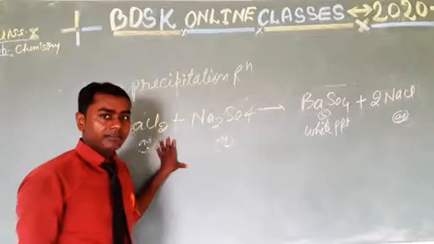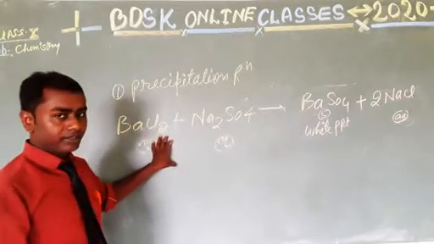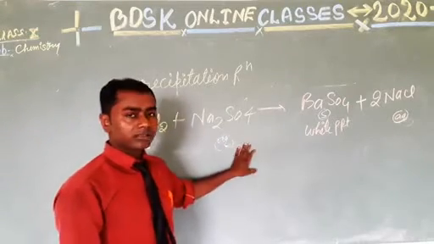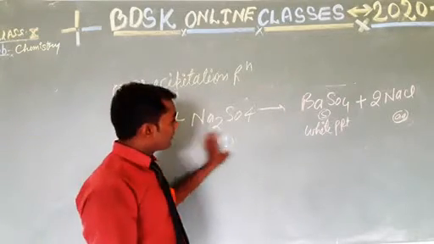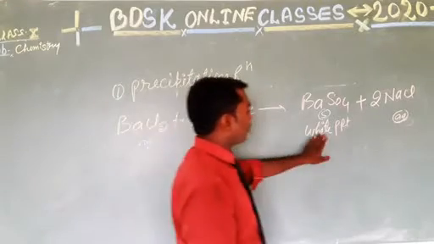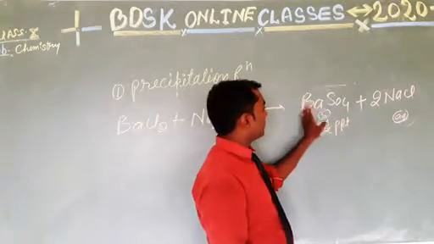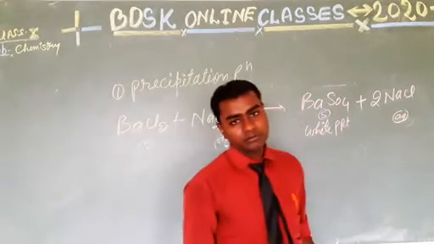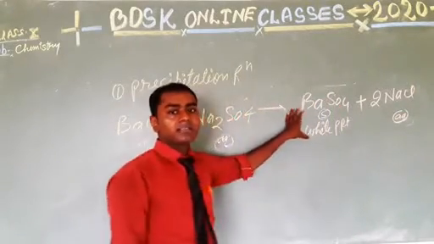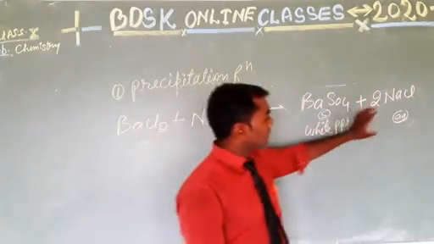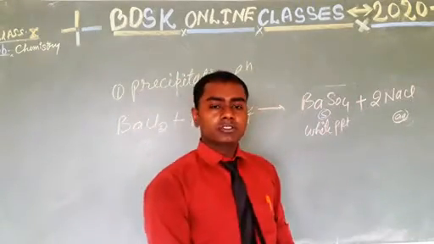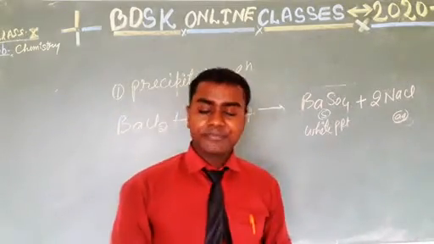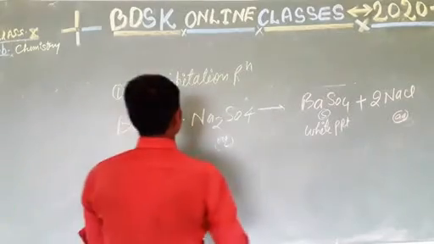you can see here, this is barium chloride that is in aqueous form, reacting with sodium sulfate that is also in aqueous form. They undergo reaction and form white precipitate of barium sulfate along with sodium chloride. This is a precipitate that is separated out from the solution. Okay, so this reaction is known as precipitation reaction. Okay, next reaction is